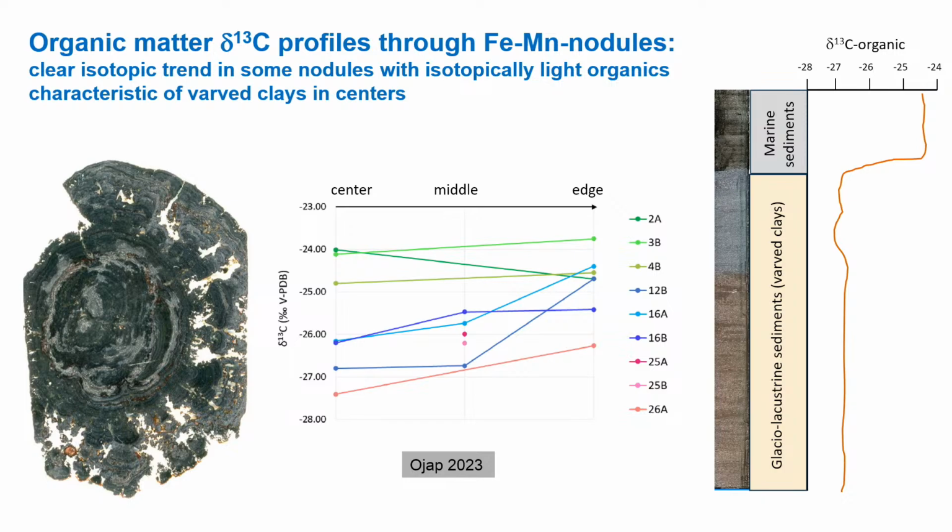And if we look at what kind of organic matter is embedded in the concretions, then we see that in some of the concretions, in the middle part, we have these minus 27 numbers. These are typical for the late glacial times, so it might well be that we had a pulse of initial growth of these concretions already during the late glacial times. There was possibly quite some fluid movement then, as the Baltic Sea ecosystem was trying to establish equilibrium with a new situation of deglaciation, and then the precipitation continued a little bit later, or quite a bit later as well, as some of the concretions contain organic matter that is typical for the modern Baltic Sea. Anyhow,